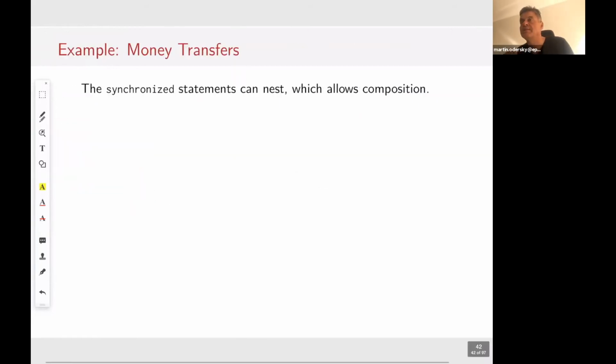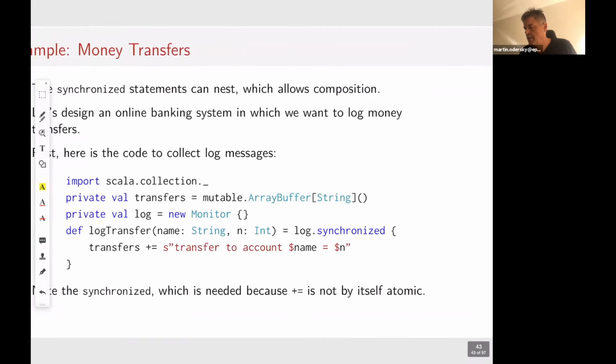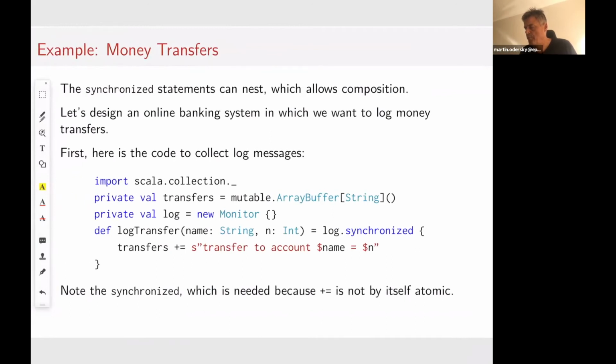Okay, so let's do a slightly larger example. We've seen in the functional programming course several examples of bank accounts, so let's keep to that. What we want is to express money transfers between bank accounts. What we'll see is that we have several synchronized statements that can be nested inside of each other. So what we want to do now is an online banking system in which we want to log money